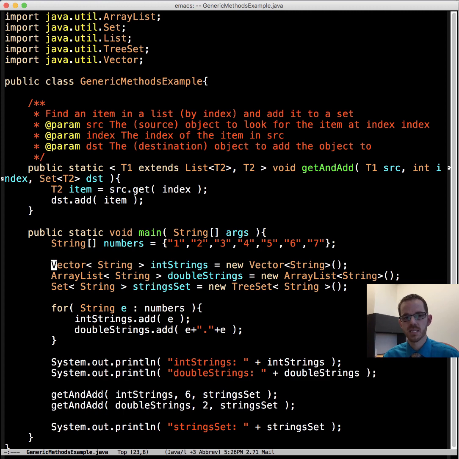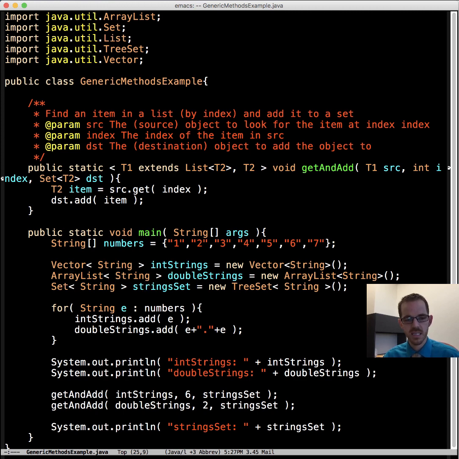Vector implements the List interface, and it can store strings. And so a lot of the functionality you have with ArrayList, you also have with Vector, because ArrayList also implements the List interface. So we're specifying a new Vector just like we would an ArrayList here. Notice we're templating them both with String.